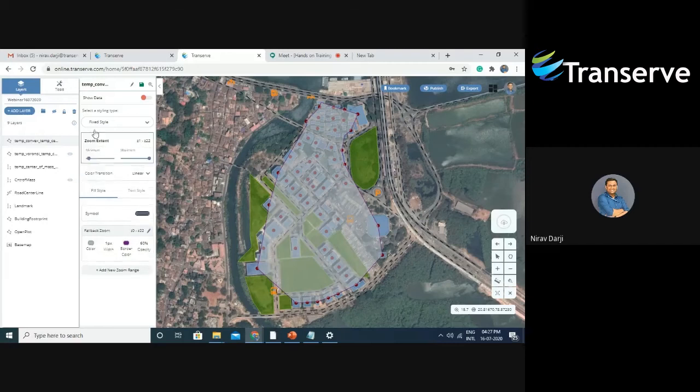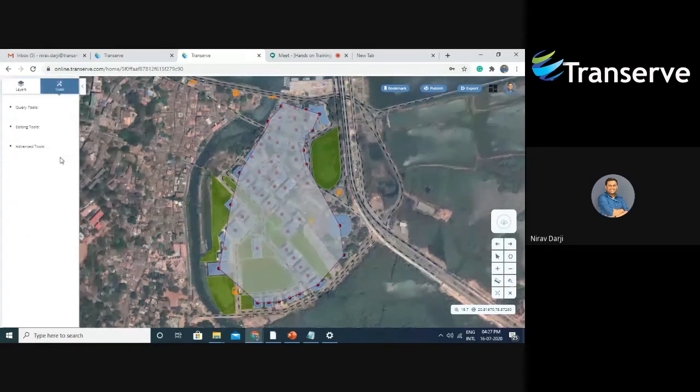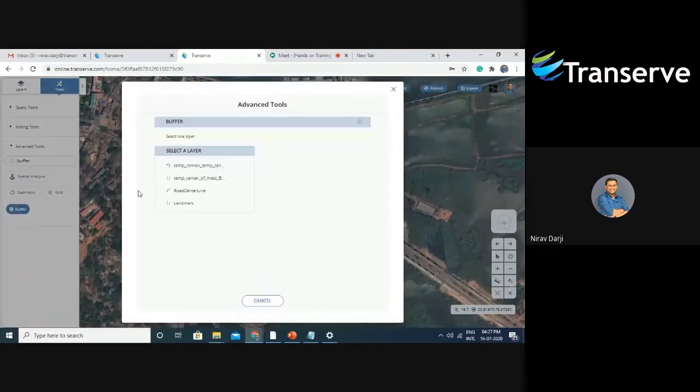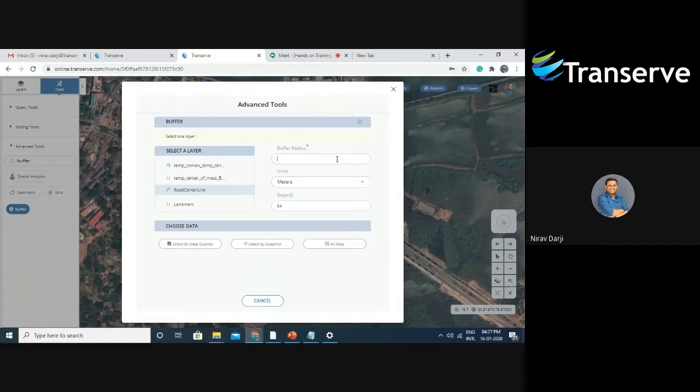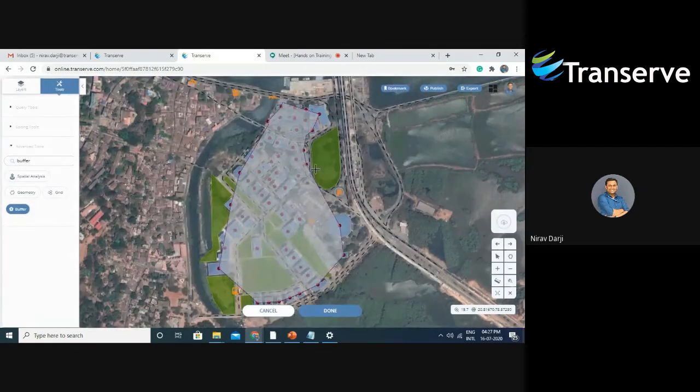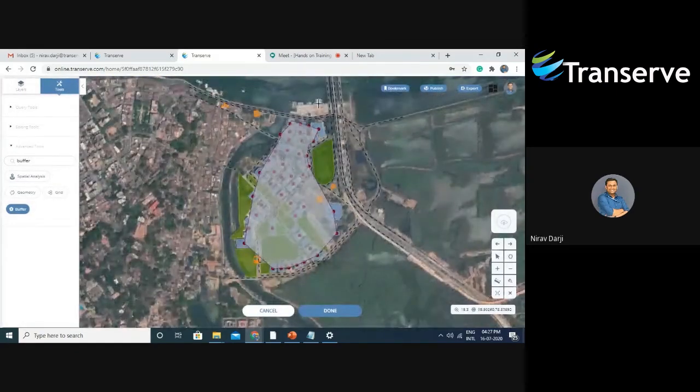The next tool which I'm going to talk about is buffer. For buffer, I'm going to use the road centerline layer. I'm going to use a 20-meter buffer, and I am going to select only a few roads which are just above.